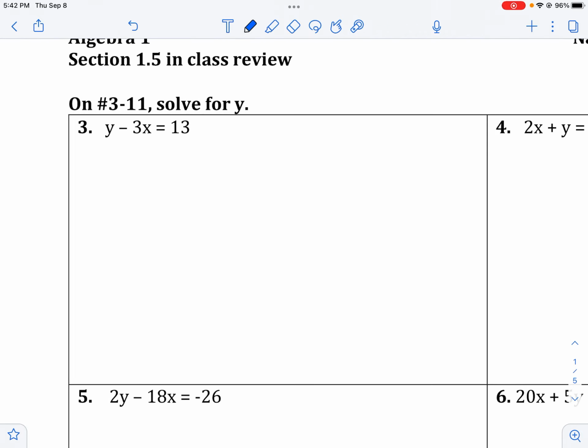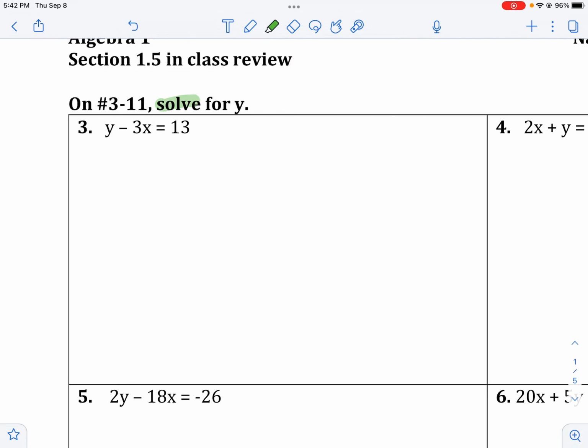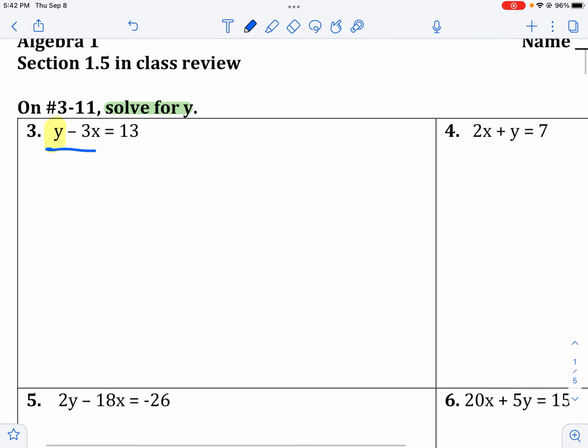So first of all, we need to identify what variable we're solving for. On this problem, I'm solving for y. So I need to isolate the y, or get the y by itself. Well, here's my y term. So if that's my y term, I need to undo anything that's over on that same side of the equal sign with the y. I need to get rid of that 3x. So I see minus 3x. I'll do the opposite